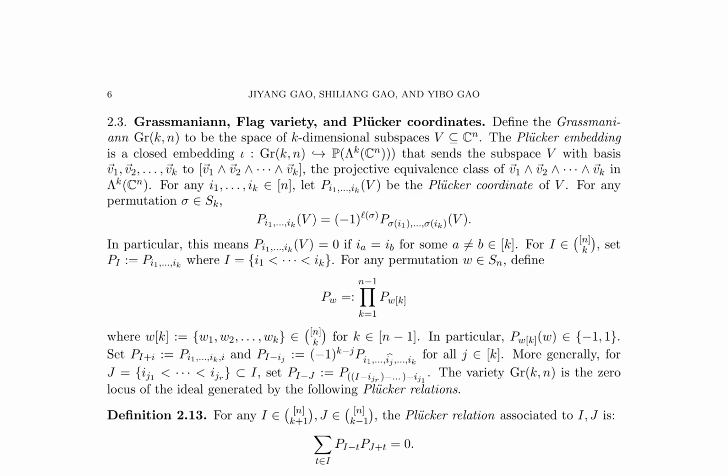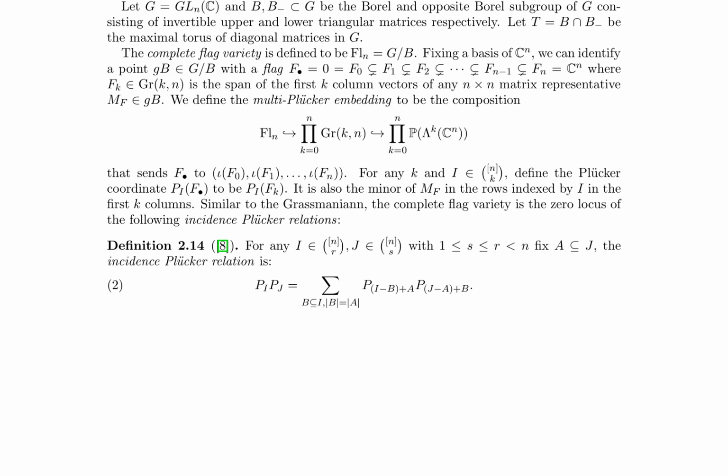The authors also define the Plücker relations, which are used to define the variety Gr(k,n) as the zero locus of the ideal generated by these relations. Furthermore, the authors define the complete flag variety Fl_n as G/B, where G equals GL_n(C) and B is the Borel subgroup of G, and G/B is identified with a flag F equals